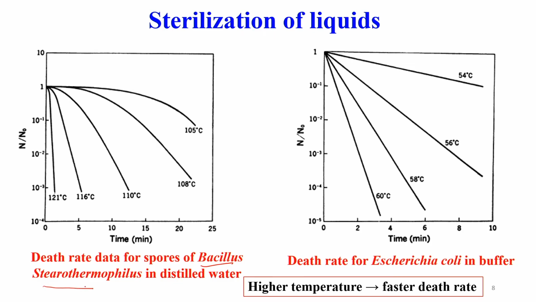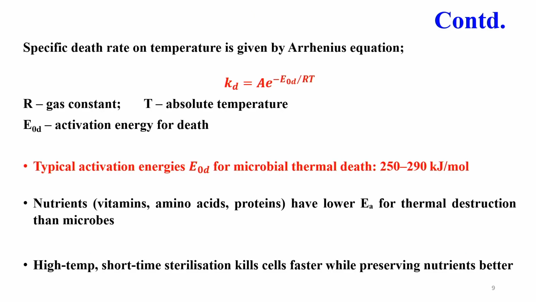This is the Bacillus stereothermophilus and this is for E. coli. So, you can say this is following a straight line, but in both the cases what you will see, if there is a higher temperature, there is a faster death rate. So, what it says, Kd is proportional to T, and how it is related with the T? Through the Arrhenius equation. So, Arrhenius equation says Kd is proportional to e to the power minus E naught d